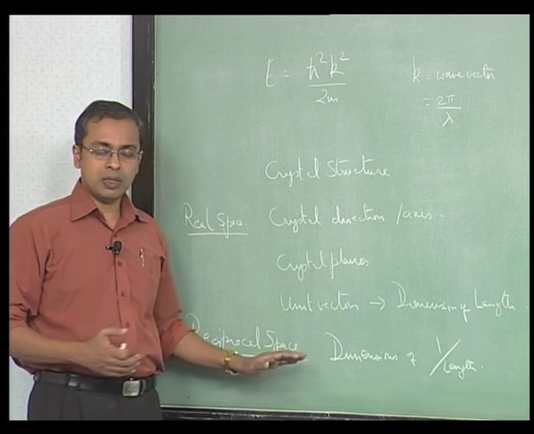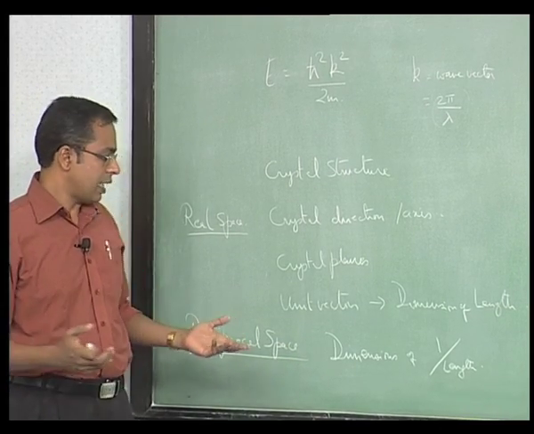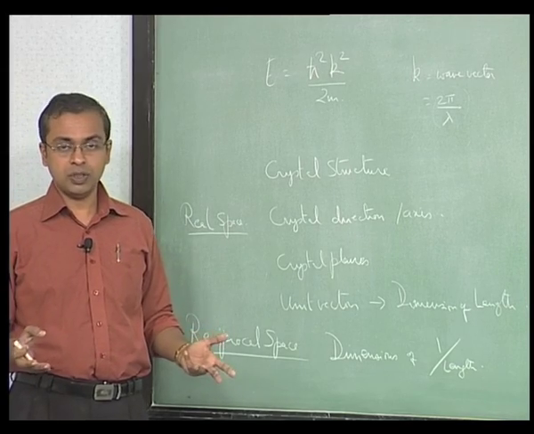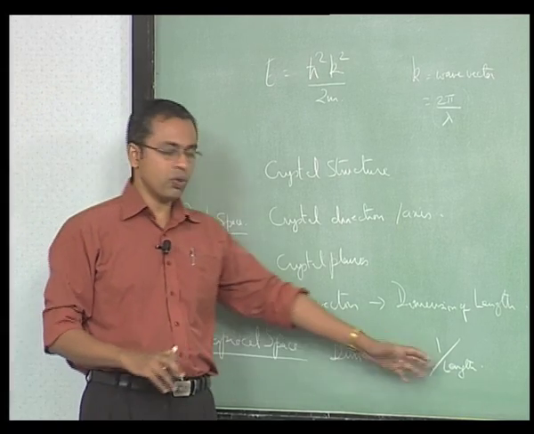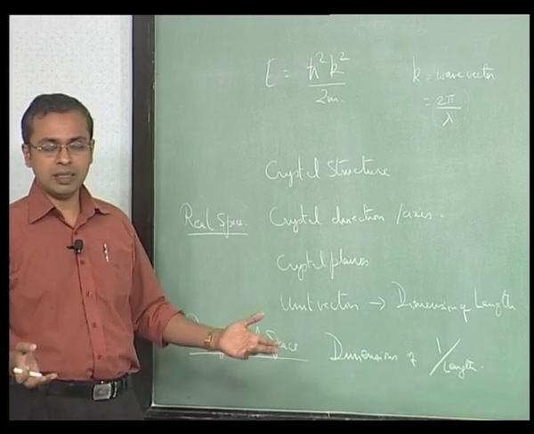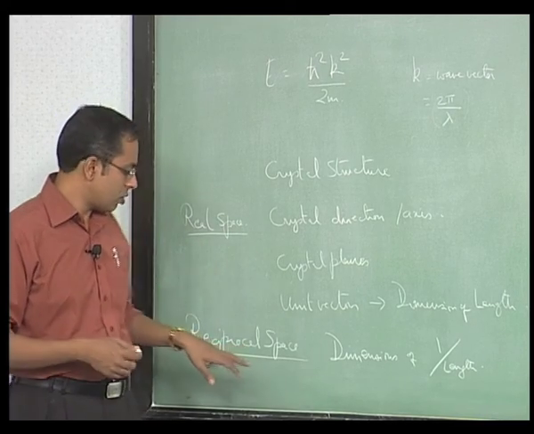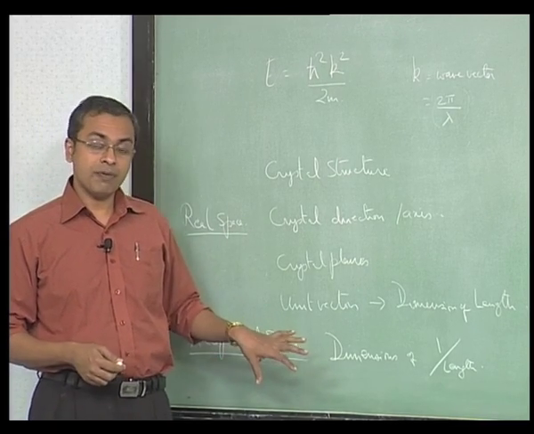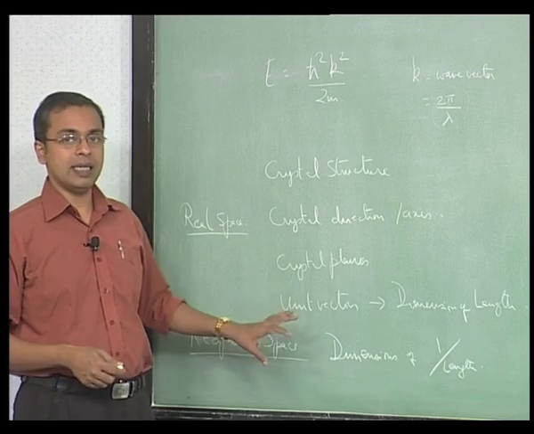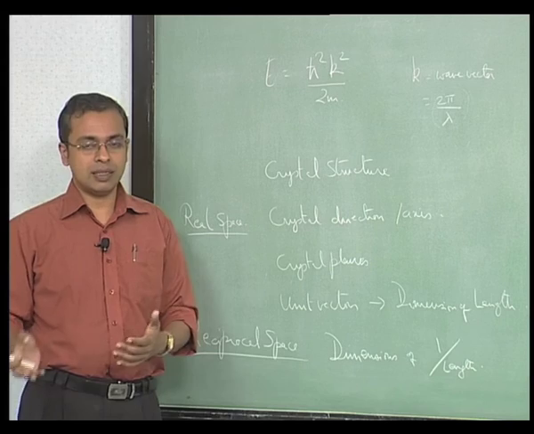The first time you encounter reciprocal space, it is not as intuitive, and it may seem like we are unnecessarily complicating the issue. It may look like why go to all the trouble of creating everything in 1 by length when real space is already there for us. It is just that if you use it enough, you find that there is a lot of information that is much more elegantly and clearly represented when you use this notation than when you use real space notation.